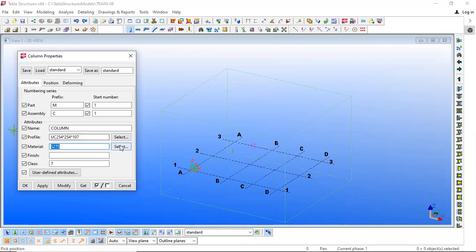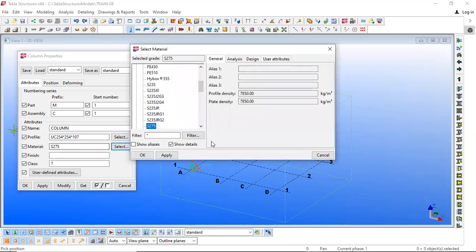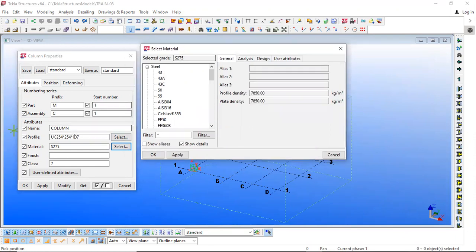Then we have material. Similar to profile, it also has a select button here for material grade, and here you can see different kinds of grades are available, and these are related to that specific standard, right? Here we have opened it in the UK standard, so these grades and profiles will be related to that specific environment. We have chosen the UK environment, so all these properties or data are related to the UK environment only.